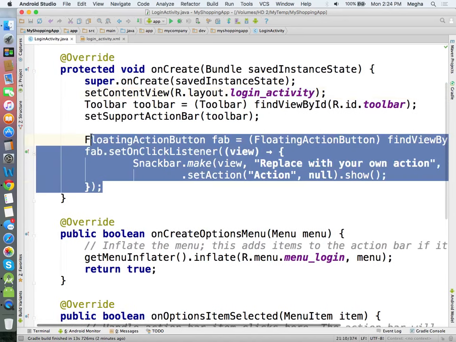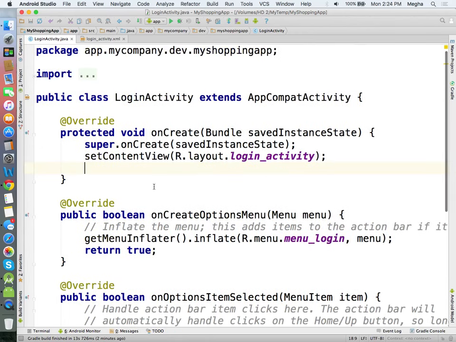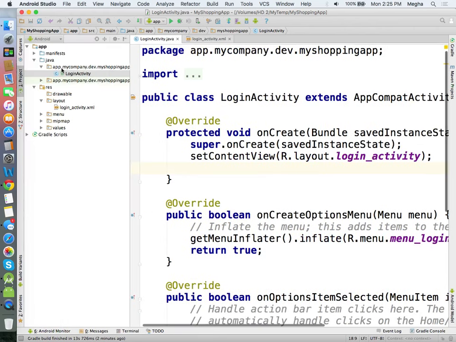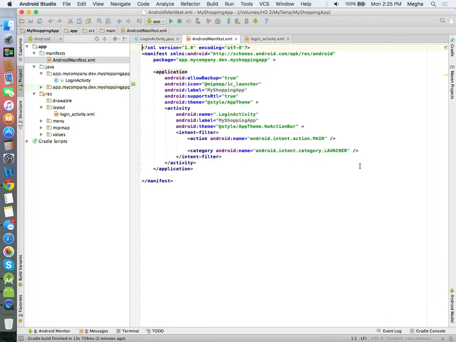Okay, so this part also we are going to remove. Manually we have to do it every time when you create a new project or a new activity. This is going to add a lot of unwanted stuff. We are going to get rid of it. We are going to keep a vanilla state. Okay, when everything is done, of course the design manifest.